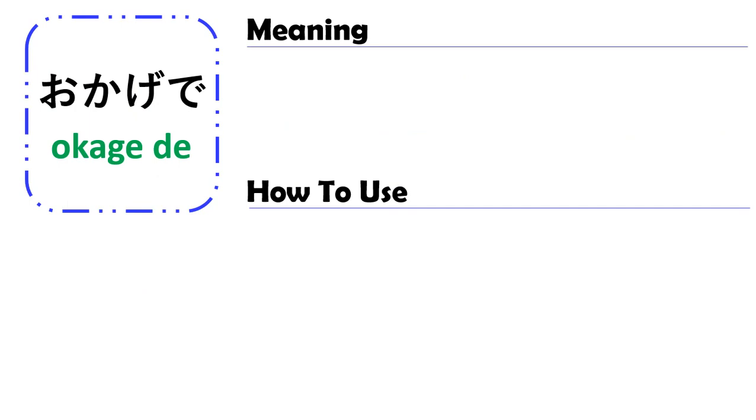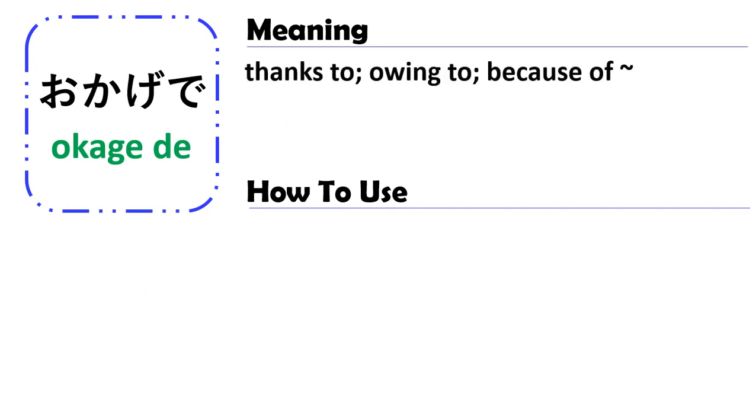So next we are going to learn about the grammar of おかげで. The grammar of おかげで means thanks to, or owing to, or because of. おかげで is used for a good thing, in the positive thing that happened. That means, for example,